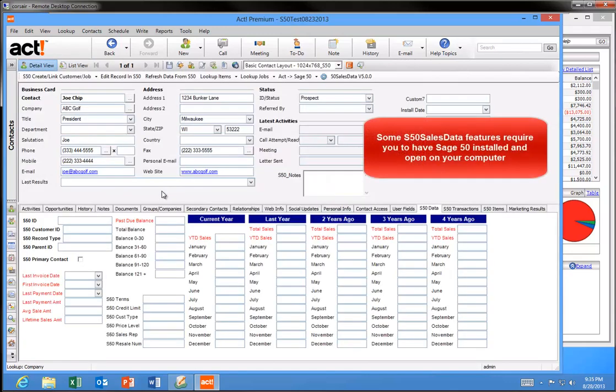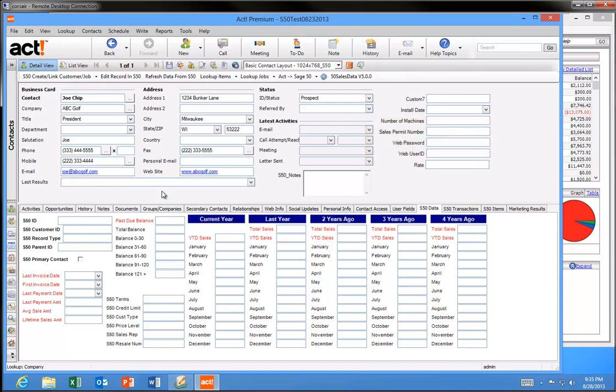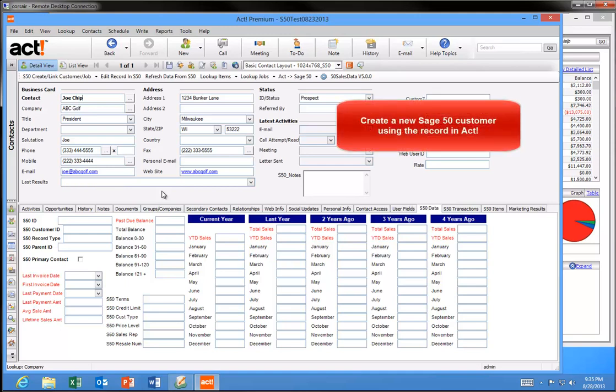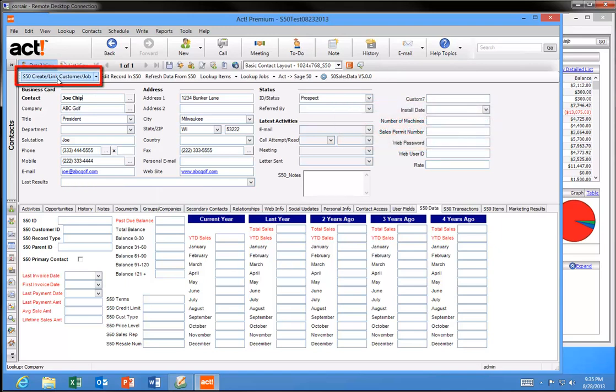Some of the features in S50SalesData require you to have Sage 50 installed and open in order for them to be used. These features are normally for your accounting users. So for example, with the S50 Sales Data product, the days of having to enter in a customer in both ACT and Sage 50 are gone. With our product, you enter in your new customer into ACT first, and then click on the S50 Create Link Customer button here,